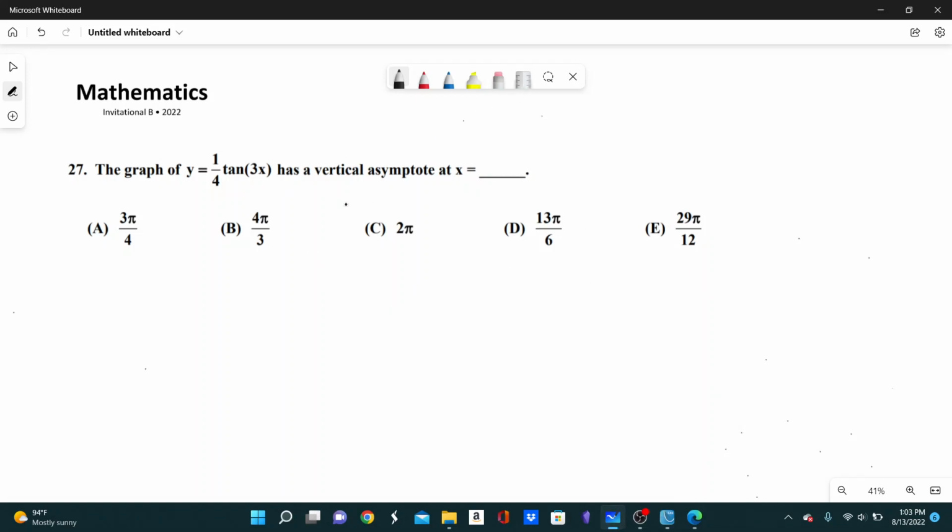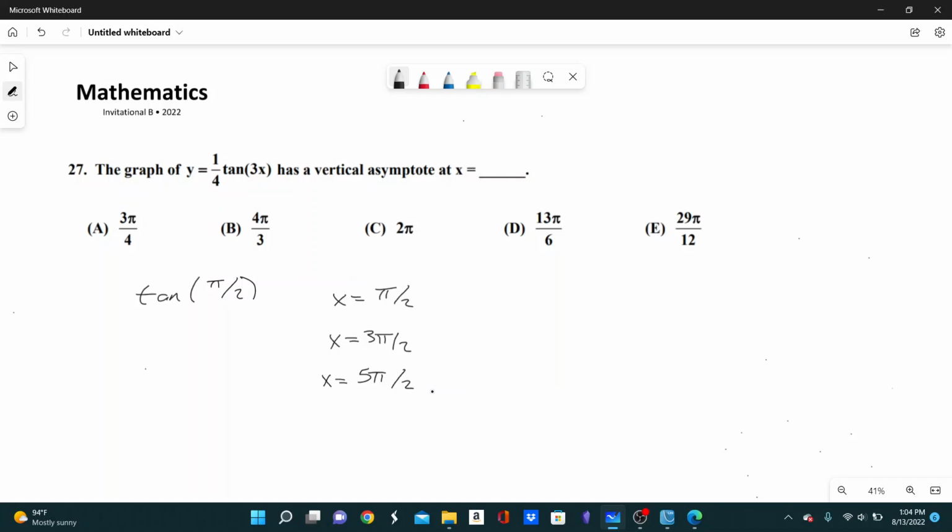anytime that the tangent of x is undefined. So for example, tangent of pi over 2 is undefined. So you'll have an asymptote right there at x equals pi over 2. Then you'll also have one at 3 pi over 2, and then again, pi later at 5 pi over 2. And you can get this from using trig ratios or from just looking at the graph of y equals tangent of x. But anyway, as you can see, there's an asymptote every pi